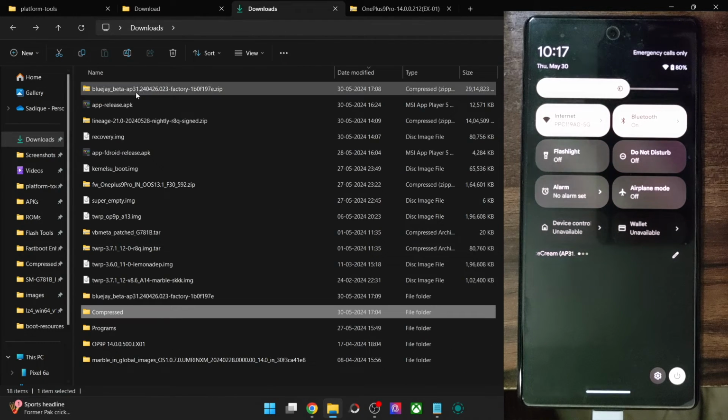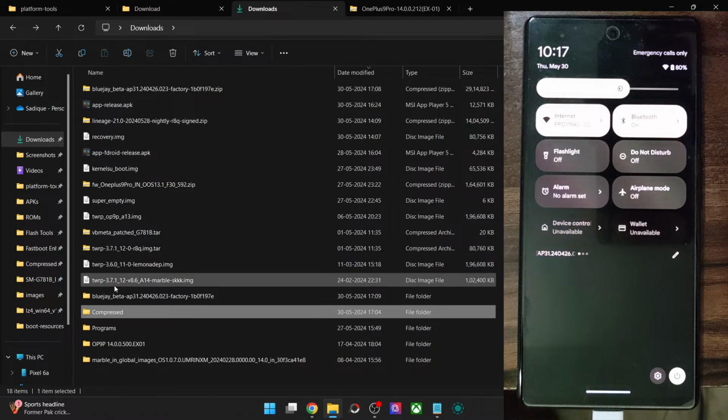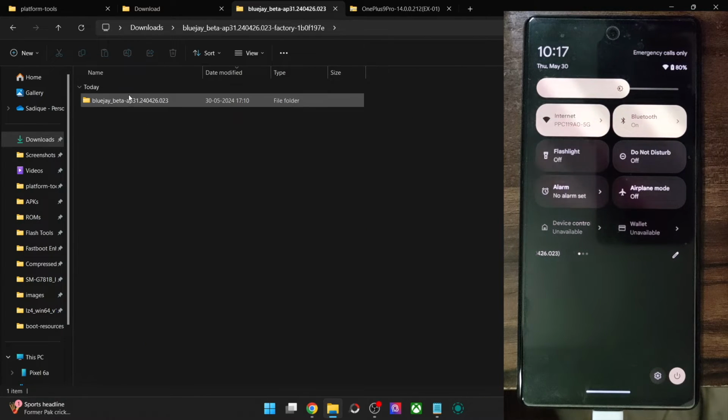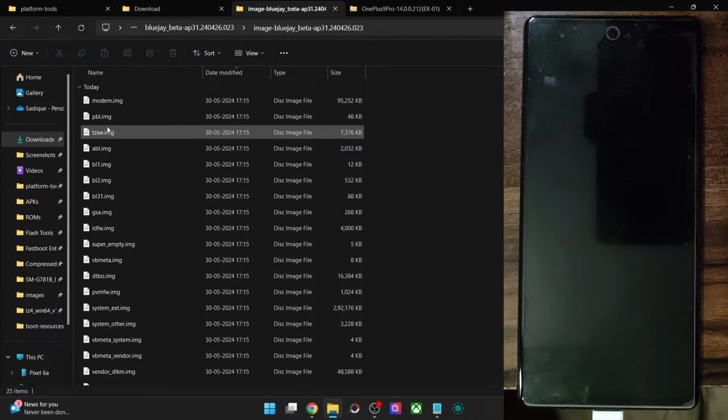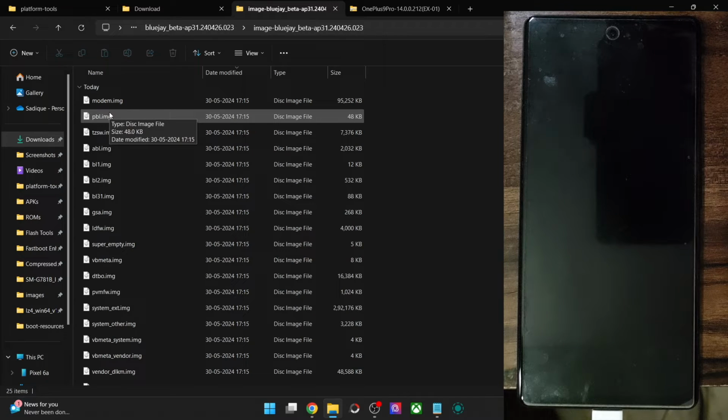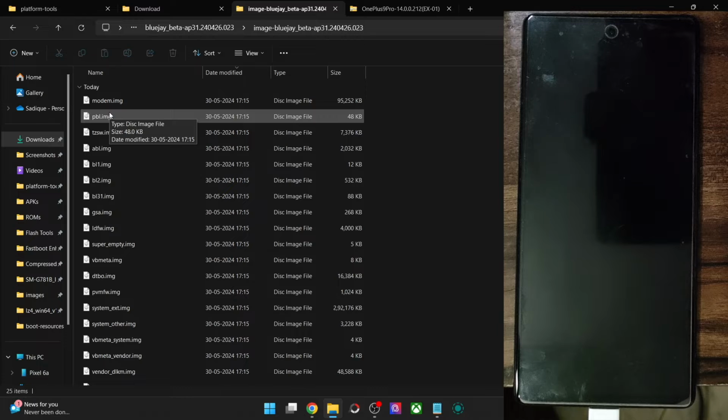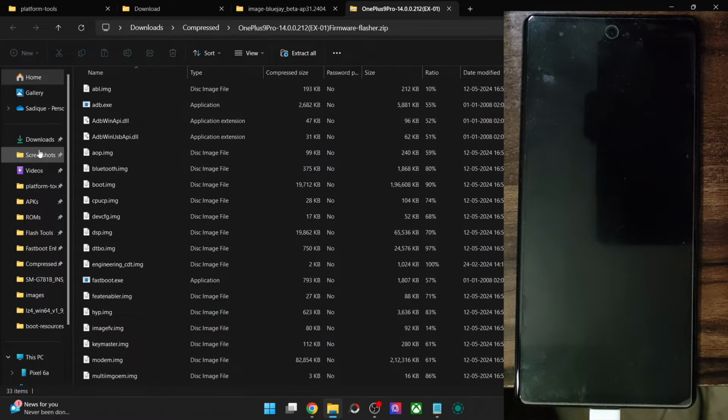So this is the BlueJ file for my phone, and this is the exact same firmware. Extract it and then copy the boot IMG file from there. In case of Xiaomi, you will have to download the fastboot ROM, then extract the fastboot ROM via the 7-zip software. You will get .tgz format. Again extract using 7-zip. You will get .tar format. Again extract using 7-zip, and you will get an images folder. You may then use the images folder and get the job done.